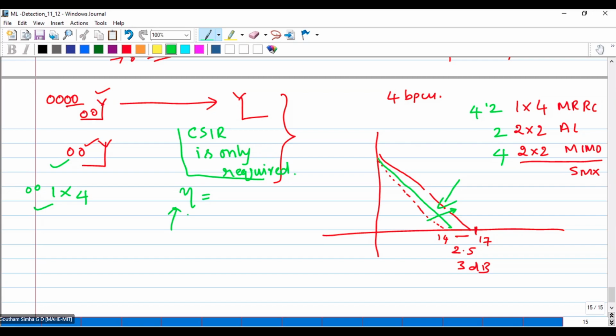Yes, we do have difficulty if you don't have CSIT and you're simply transmitting some information at your end. There is a chance that if the channel goes into a bad state, if the channel goes for a toss here, you will definitely lose information, and that information cannot be retrieved. That cannot be detected properly. For that, SMX schemes have another advantage. For that, they will have CSIR and they will have coding installed. What does it mean? At the transmitter, I will have a coding mechanism.